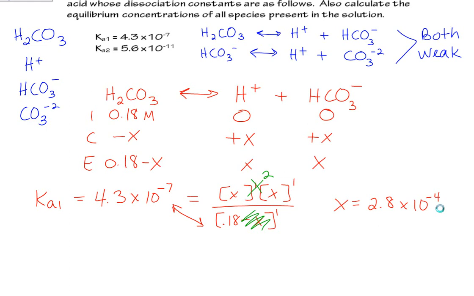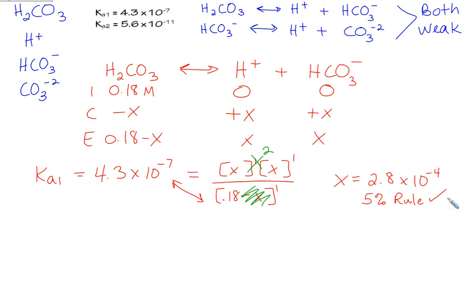5% rule. I'm thinking about it. That x is really, really small, 0.00028. When I did my math, I just used 0.18 for the carbonic acid. Yes, it's going to go down, but that x value is not 5%. So we can say 5% rule. Check. I qualitatively checked it. I wanted to make sure that x came out to be something small. And it does. Okay, so now technically I could plug x back in and I could get the concentration of